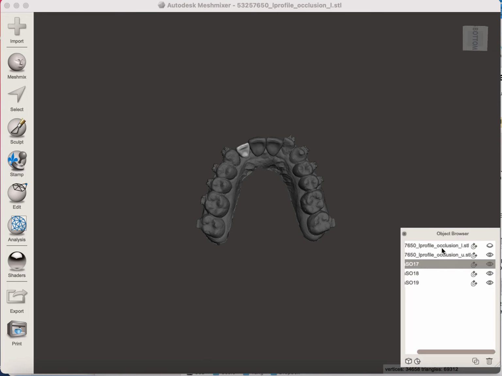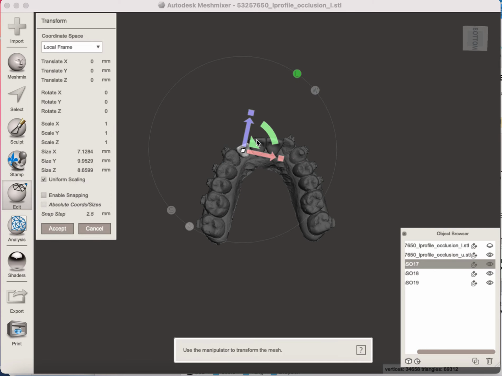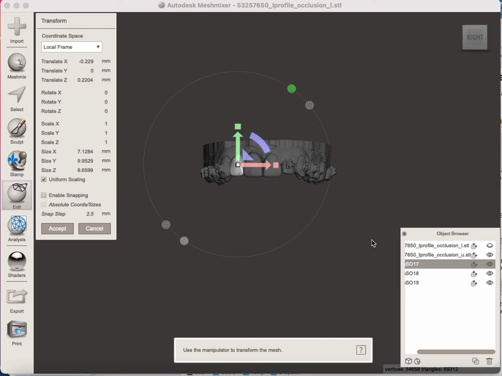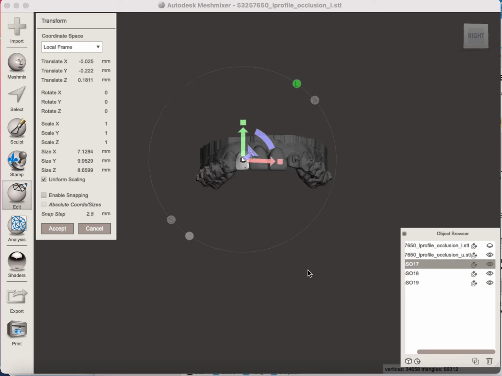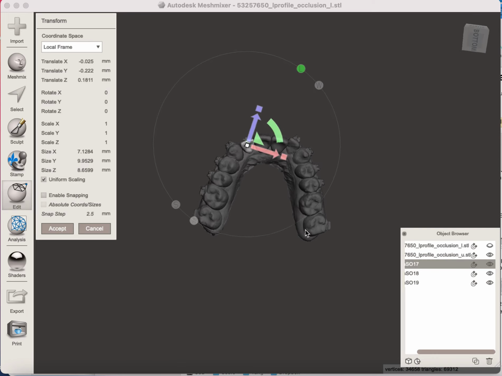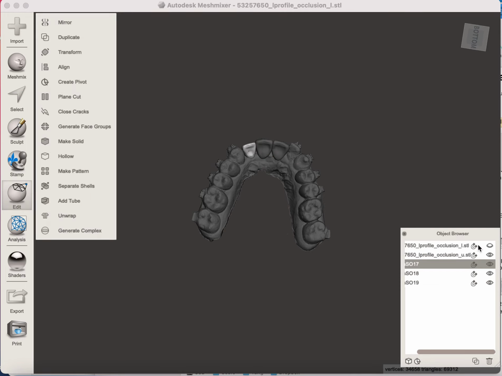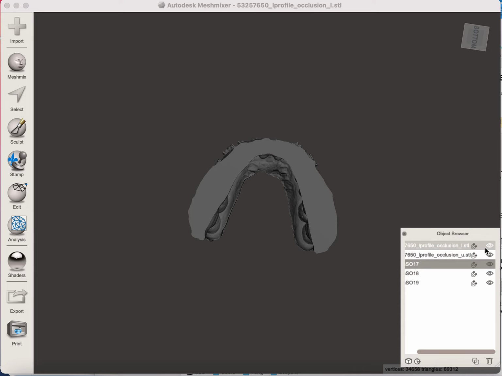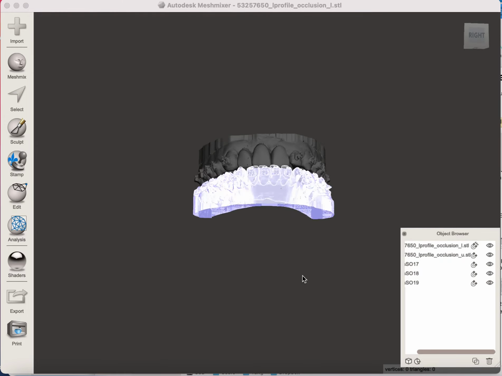So this lateral probably could come out a little bit, edit, transform, okay, so now